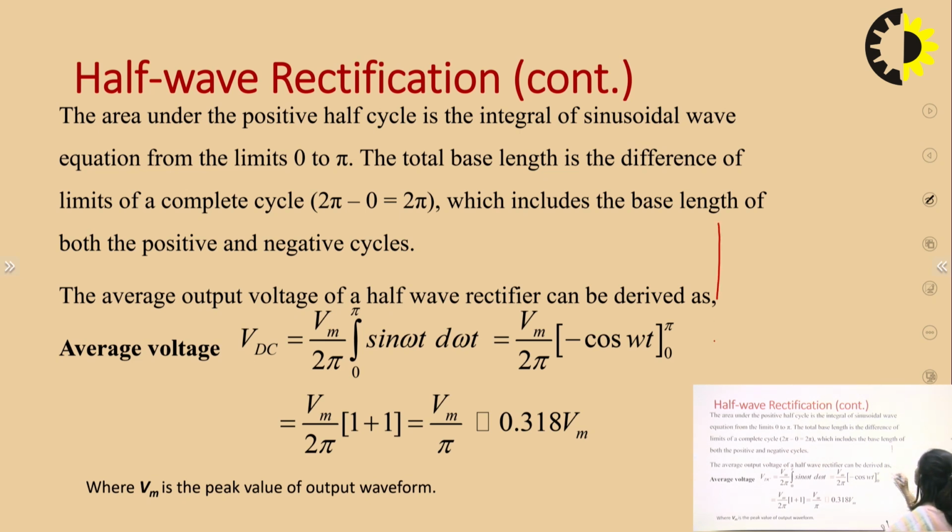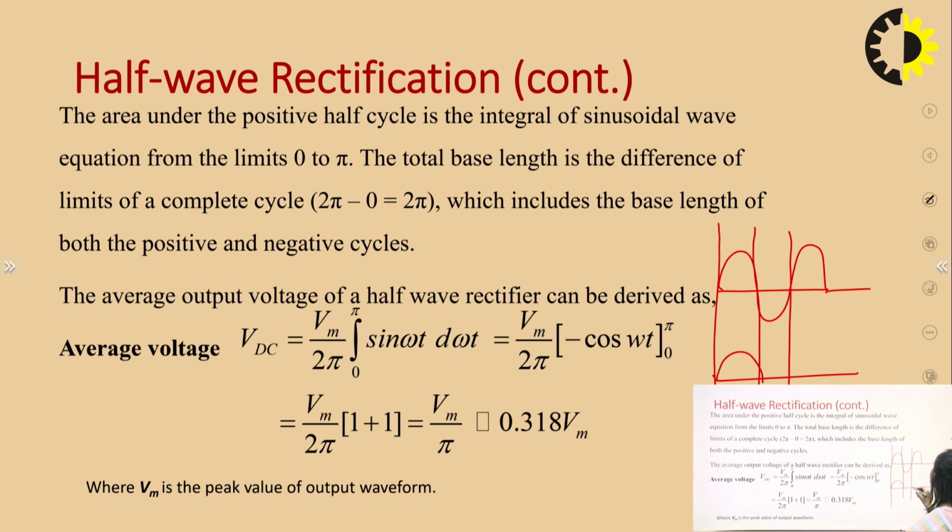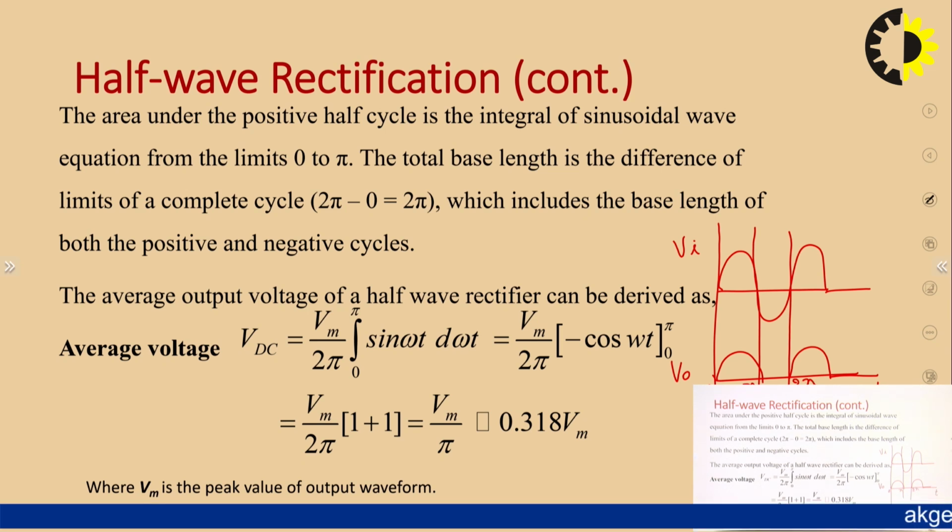In case of the half wave rectifier we have seen this was our input signal and this was our output signal, like we are getting output only for positive cycles. This is Vi, this is V0. This is pi, 0 to pi, this is 2 pi. We can see our output waveform is completed at 2 pi. At 2 pi the repetition starts again. So, one cycle completes from 0 to 2 pi.